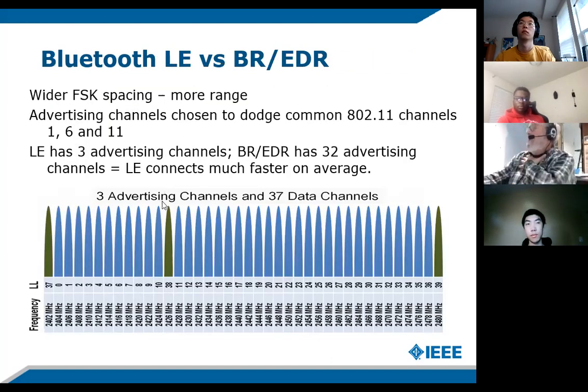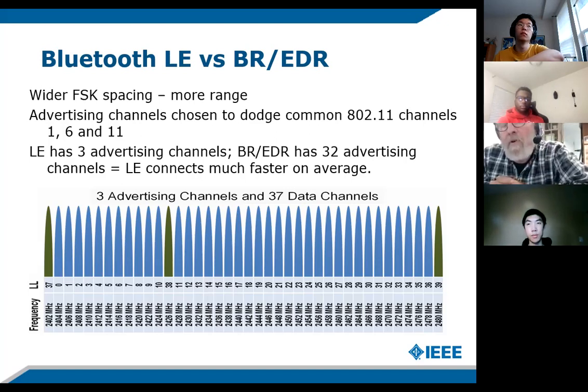So here we are. Regular classic Bluetooth has 79 channels, and when one device is trying to find another one, they put up 32 basically inquiry channels here. How many of you have ever lost or been lost by somebody at an amusement park? Has anyone ever been lost before? Yes. And how do you decide whether you're going to hold still so you can be found, or you're going to go looking for the other people? That's a tough question to ask.